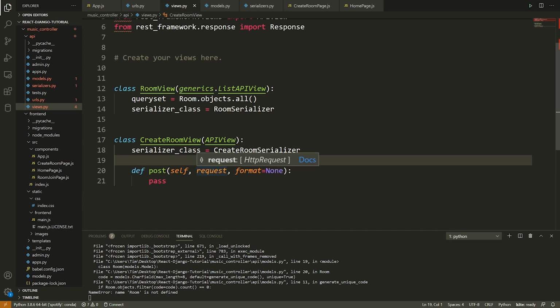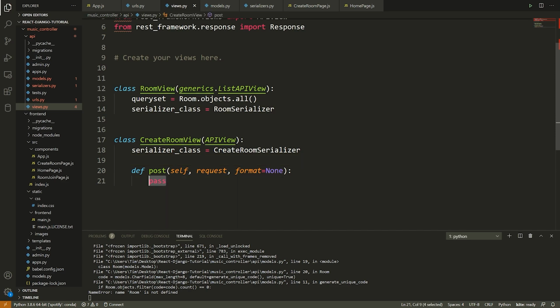Now that's fine. We don't really care to permanently identify users. We just need to know relatively which user is which and if they're currently hosting a room or not, so that we can figure that out. This will make more sense as we get through it, but just know that we're going to store and identify users based on their session, and each user will have a unique session. Even two users on the same network, for example, would have a unique session.